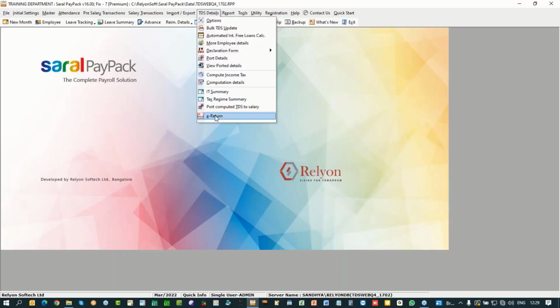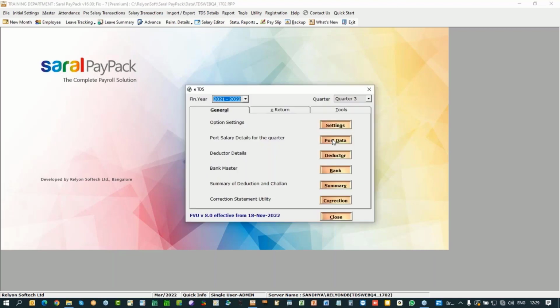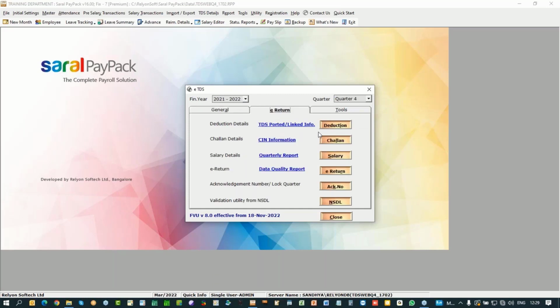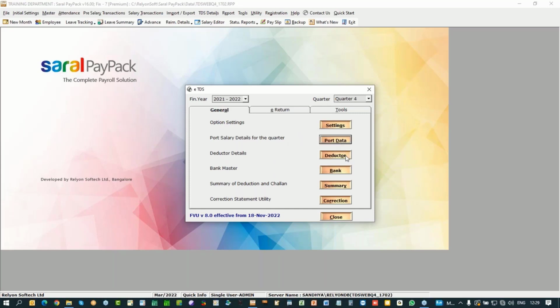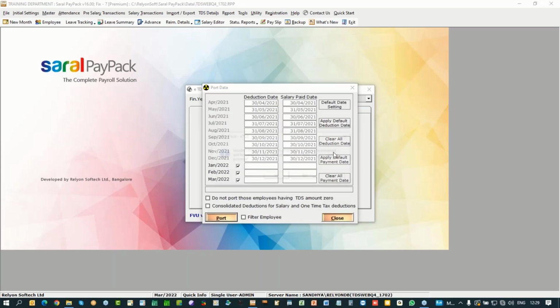Now coming to e-return. What difference will we be seeing as compared to the first three quarters when we come to the fourth quarter? When we come to the fourth quarter, the initial processes are the same. There is no variation. Port data. So you will be porting the information. Okay, and port. So all the data will come and sit into your